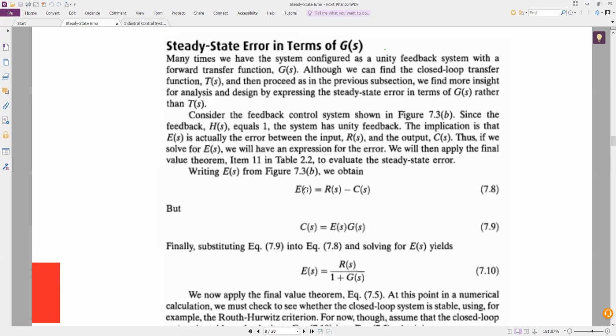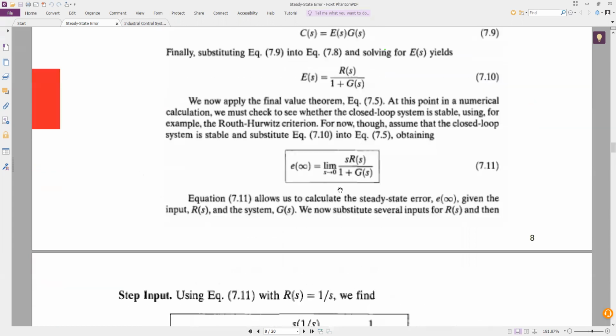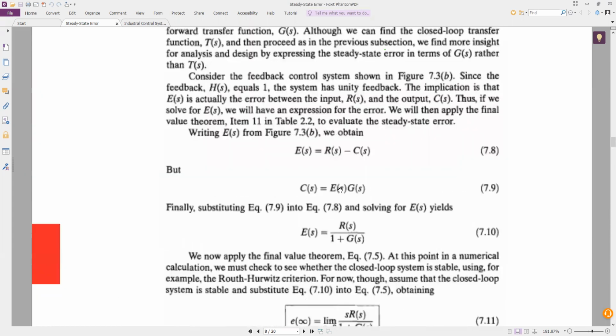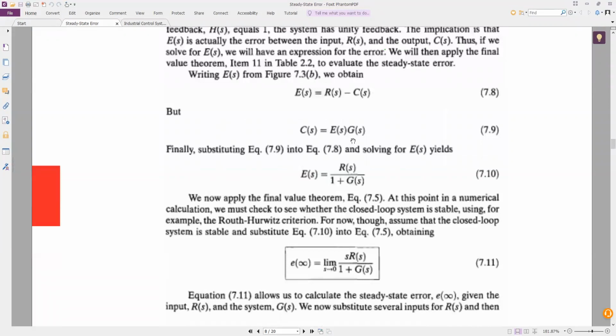Okay, this is the steady state error in terms of G(s). Now look at the steady state error in terms of G(s). G(s) is the open loop system. As you know, for the open loop system, the error is R(s) minus C(s), the difference, and C(s) is equal to E(s) into G(s). But put this value of C(s) here, R(s) minus